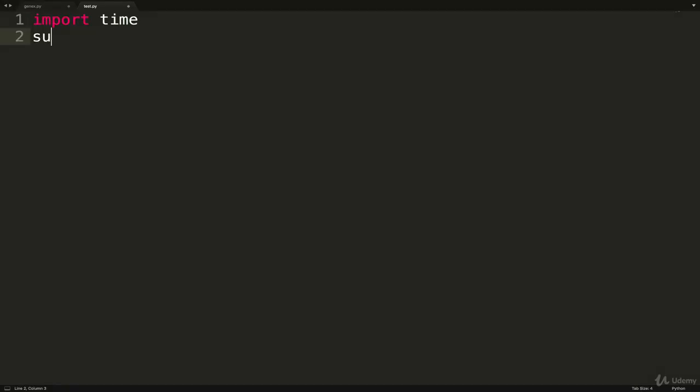Okay, so let me show you the actual difference on calling sum with a generator expression versus a list comprehension. And with, let's say we're summing like the first million or 10 million numbers together.